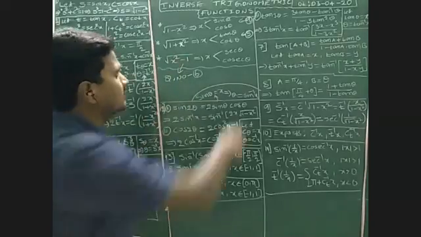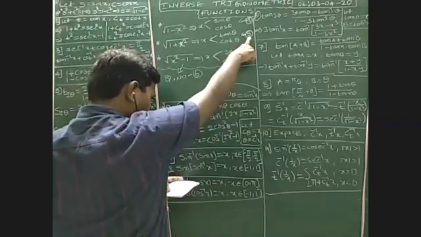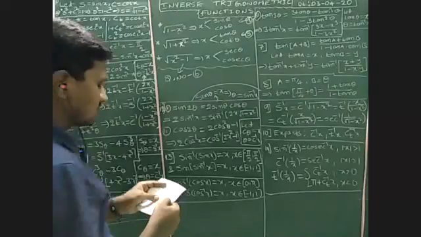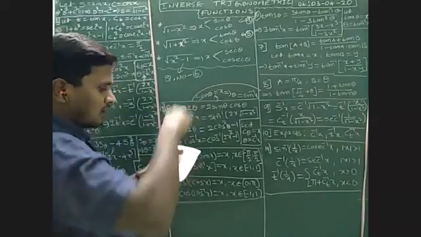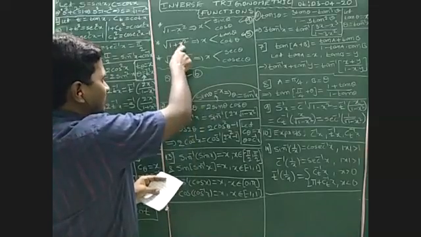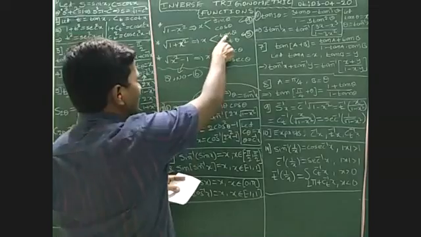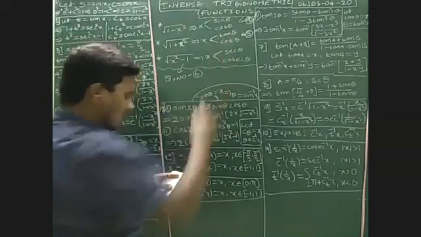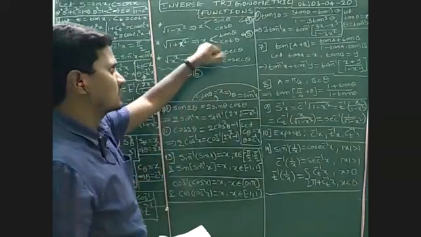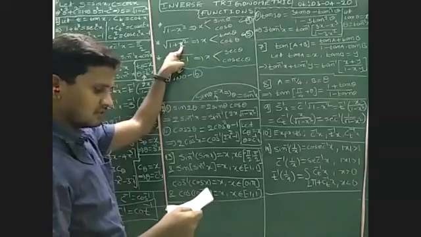Right. If you observe question number 5: write the function in the simplest form, tan inverse of square root of 1 plus x square is there. Here, in place of x, you can substitute either tan theta or cot theta. While doing that fifth question, I can explain which one we can substitute, tan theta or cot theta.